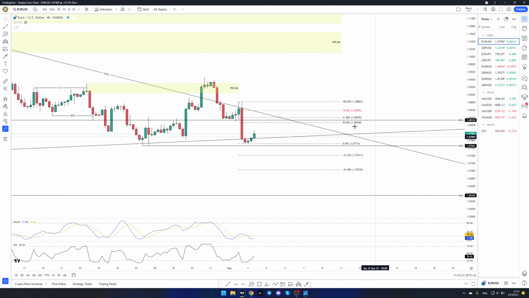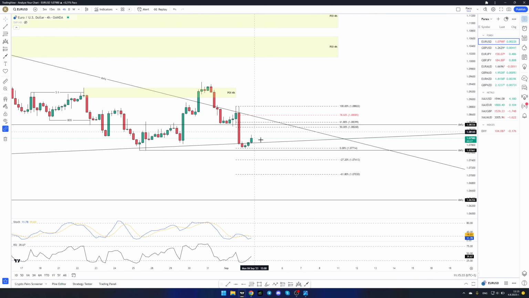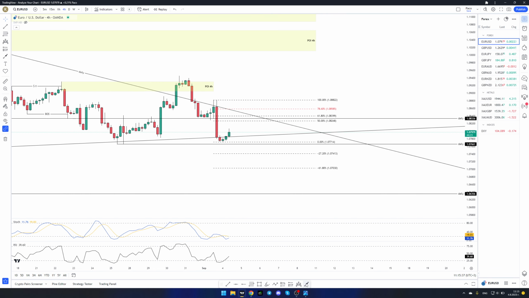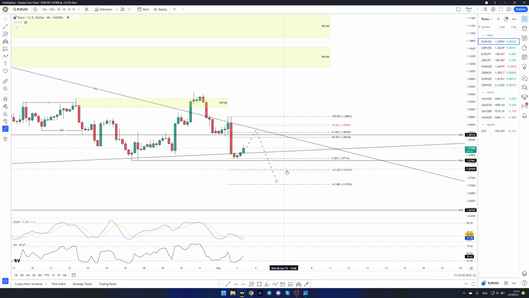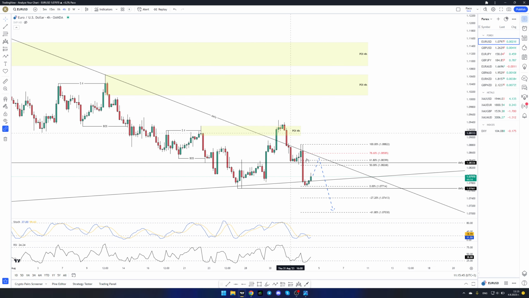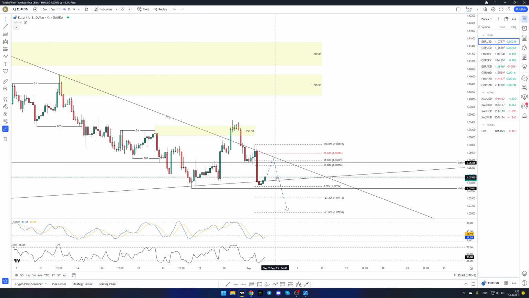And on the 4-hour time frame, there is a chance that the price after these two impulse waves will make a retracement right here and some down movement again, probably from here to here. But if the price breaks this trend line,